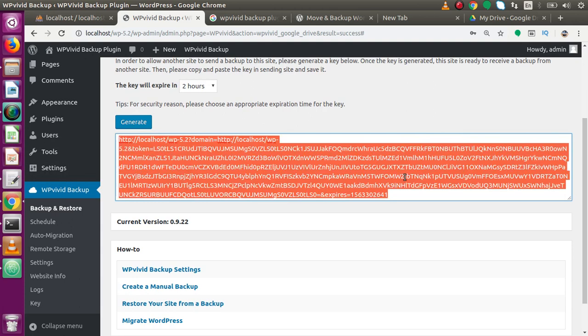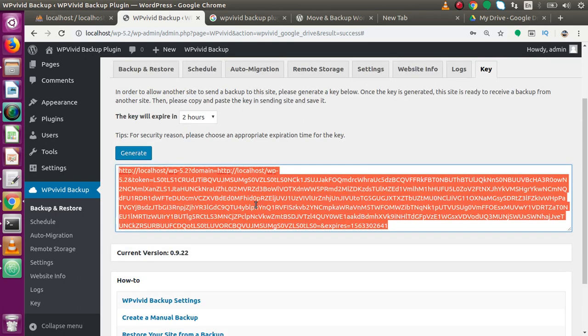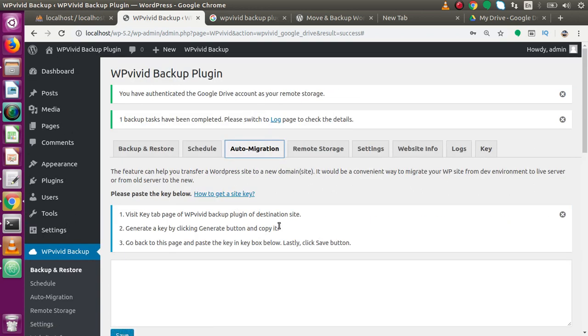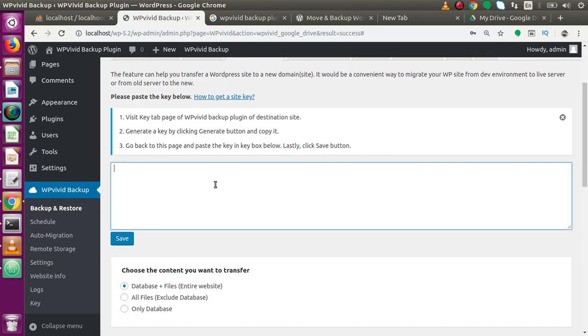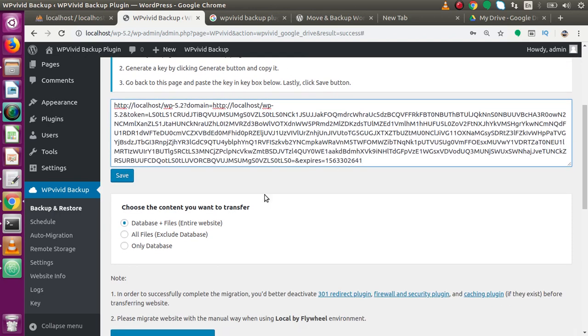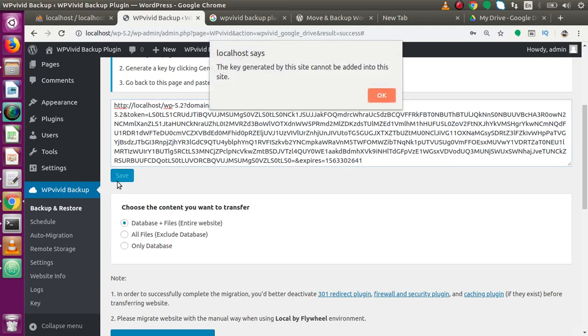So if I copy this key, again back to our tab called auto migration. Now inside the second step, generate a key by clicking the generate button and copy it. We have successfully generated and copied that key. Now go back to this page. This is the page that is telling us, now paste that key here. Now if I click on save, we are going to make the database plus files, meaning the entire website. So if I click on save,